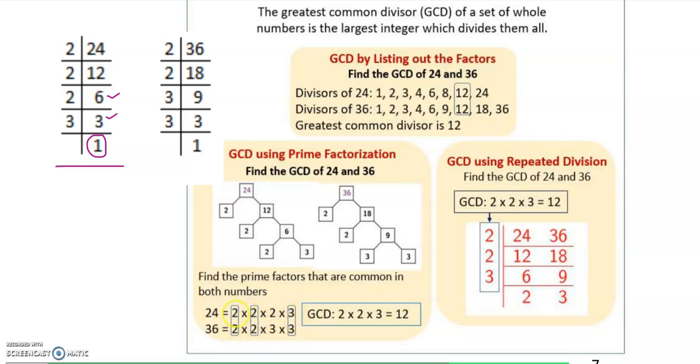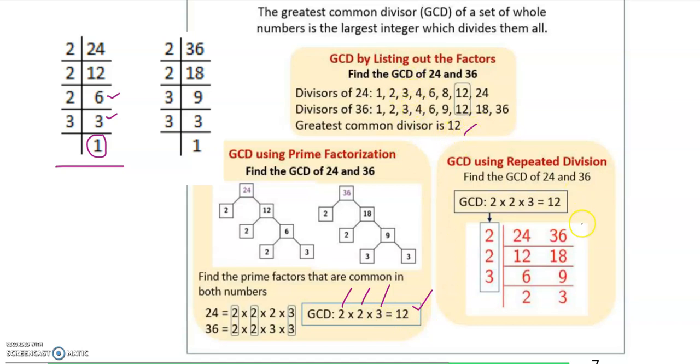Now take the common factors. So 2, 2, one time I can write 2. For this 2, I can write one time. For this 3, I can write. So you multiply all these numbers, that is 12. You see here, this method and this method give the